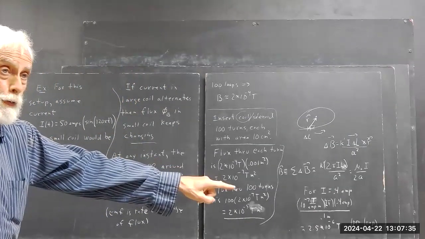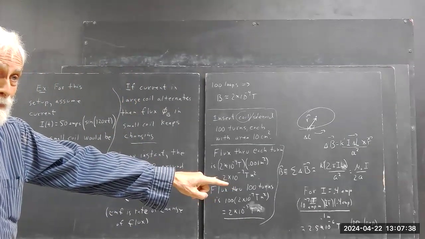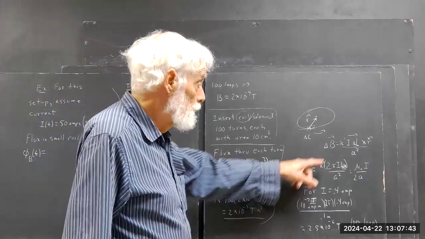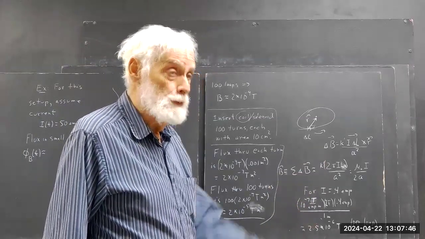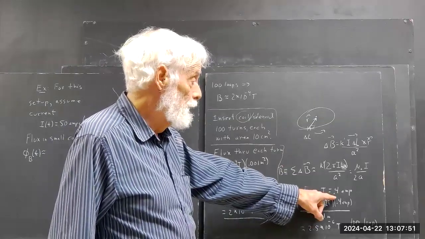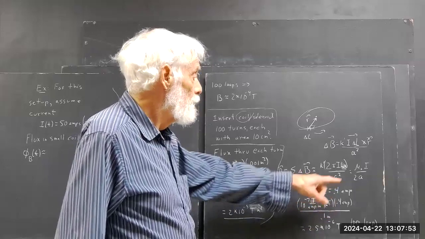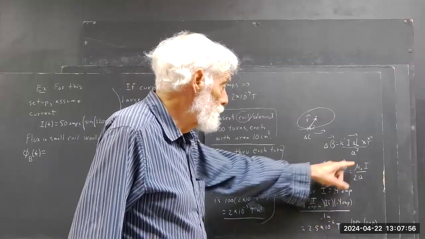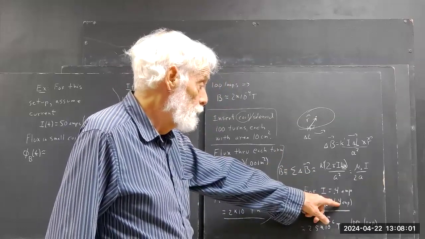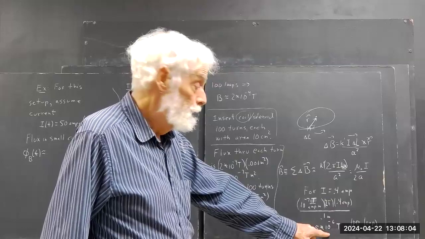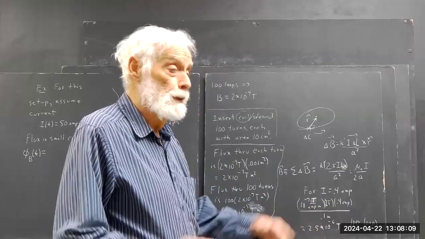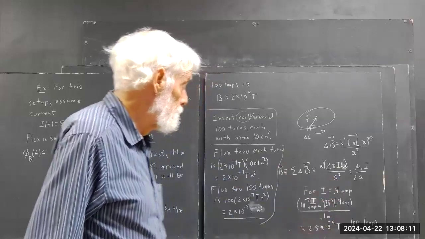50 amps is a lot more than 4/10 of an amp, right? Now, if we increase the number of amps, what does that do? We increase the number of amps, that increases the magnetic field, which increases the flux, right? So if we had 8/10 of an amp here, we'd have twice as much current, twice as much magnetic field. Okay, we use the 4/10 of an amp to get this. If we use a bigger number here, we're going to get a bigger number here. It's going to be just directly proportional to the number of amps that we have. So